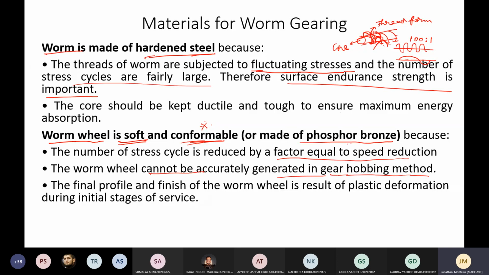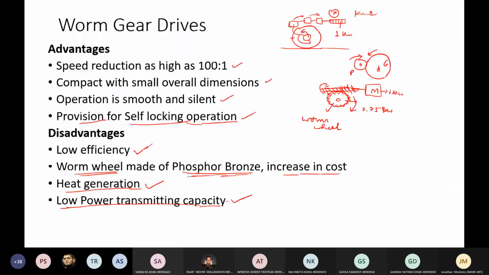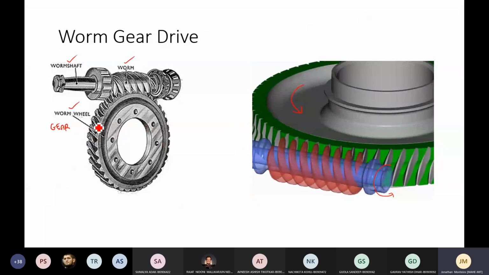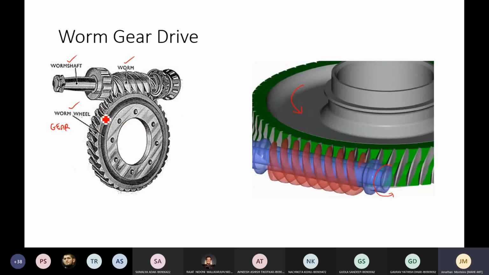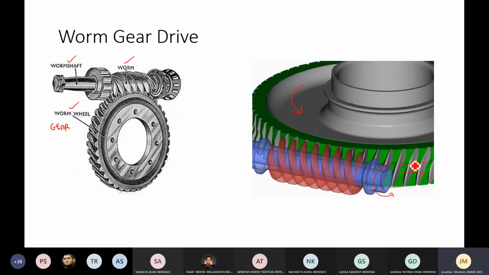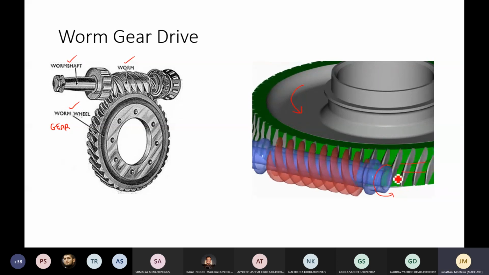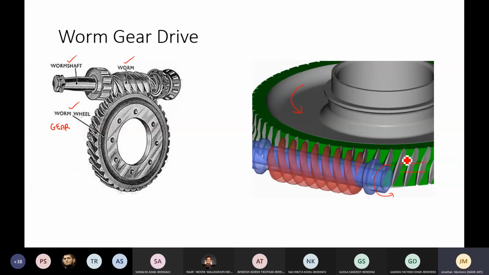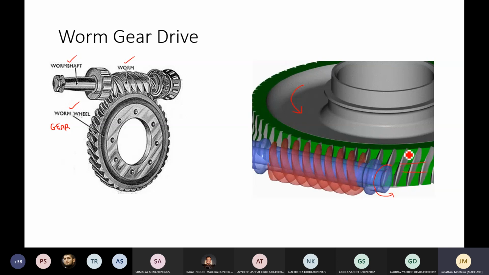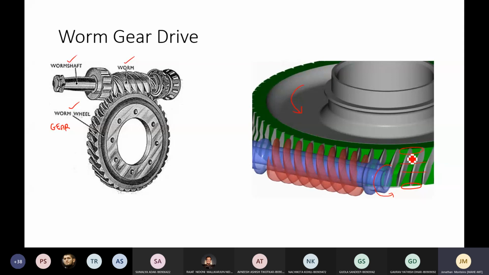Let us go back and look at that worm wheel again. Look at this particular profile, whether here or here, in the animation or this photograph. You see the type of wheel is different. Can you see a groove here? And can you see the shape? It is not like a regular helical gear. That is why there is no mechanism for us to properly manufacture teeth like this. In between, the groove is deeper, at the ends the groove is smaller. Here it is a deep area, this is a shallow area.